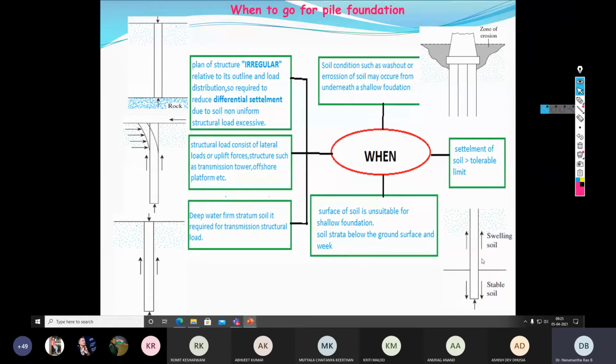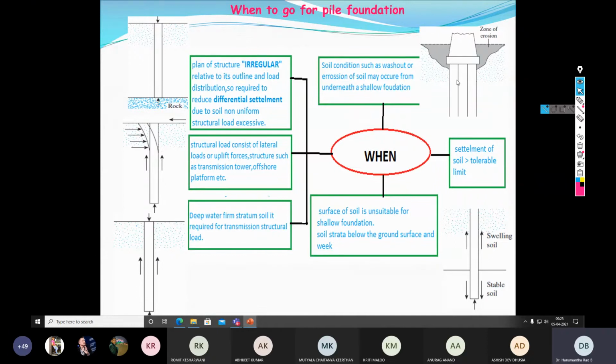Or alternatively, we can also go for it if the soil is problematic. For example, there are soils like swelling soils, collapsible soils, or soils which are highly compressible. So in all these conditions, wherever you find that there is some problem with the soil, then in all those circumstances, instead of going for the shallow foundation, we can think of going for the deep